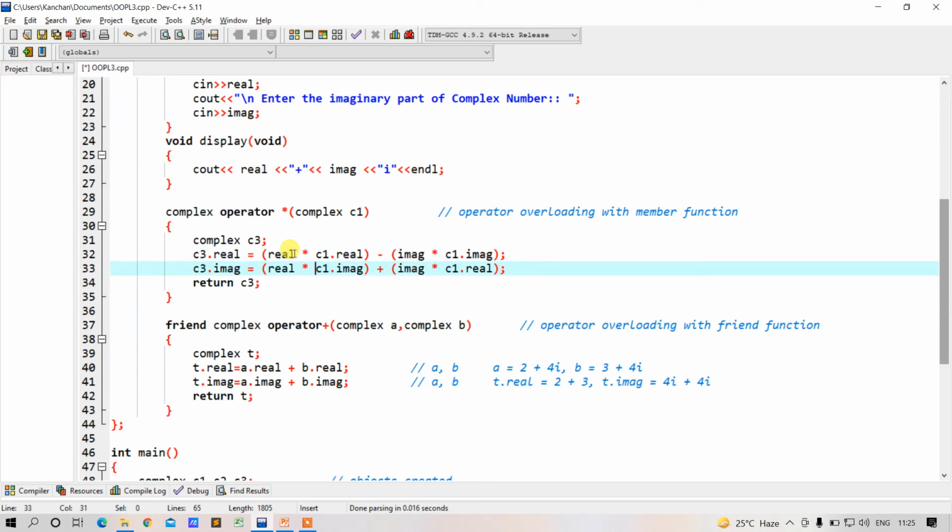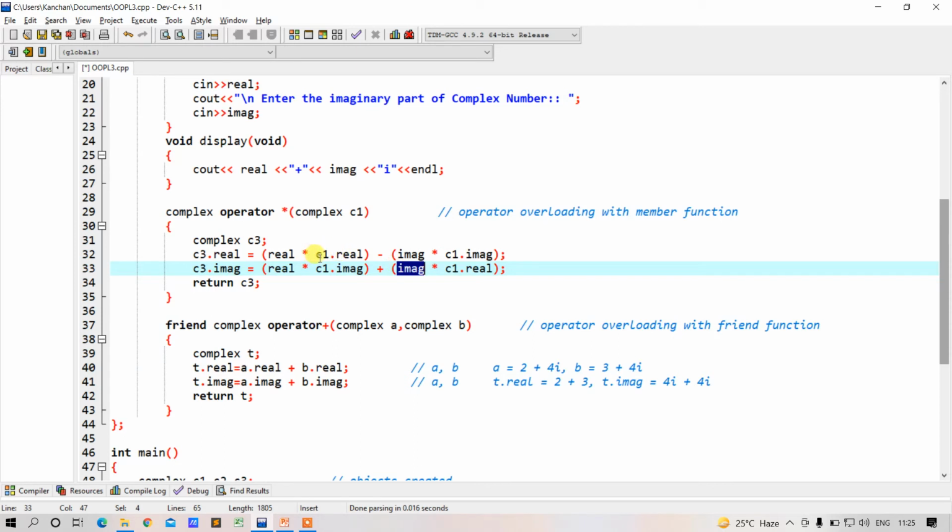Here also, for multiplication of two complex numbers, whenever I use the first complex number, I will not take the help of the parameter which I have passed here as C1. So this real will be the real part of the first complex number, and this imaginary will be the imaginary part of the first complex number.